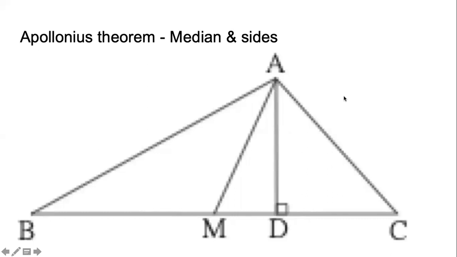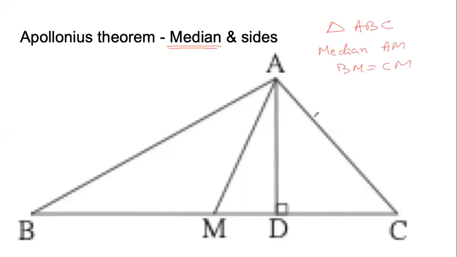Combining all these things, similarity of triangles, Pythagoras theorem, geometric mean, theorem of geometric mean, side opposite to acute angle, side opposite to obtuse angle, combining everything, we looked at how the sides of any triangle are related to a median, a given median. Median is a line segment which joins a vertex of a triangle to the midpoint of its opposite side. In this figure, the triangle is triangle ABC. The median is AM. That means BM equals CM.